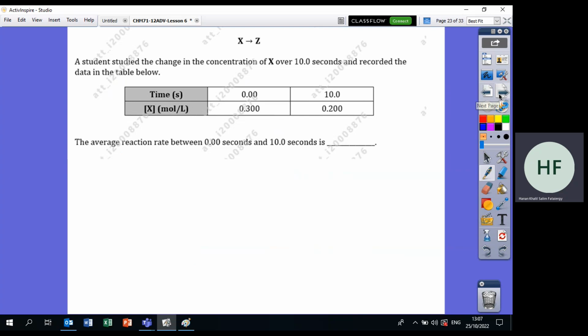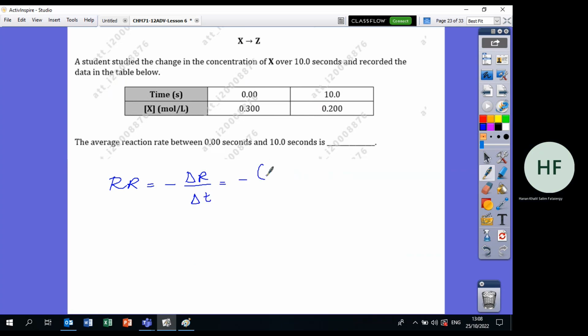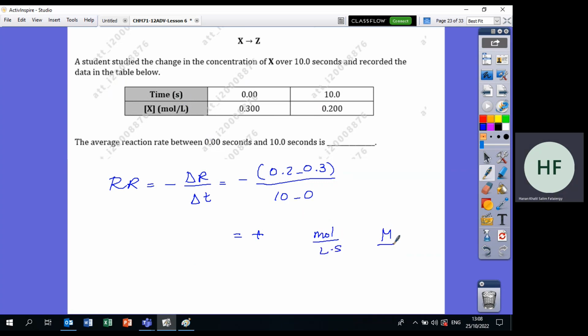Okay, now let's do this question. This question is also from last year exam. You need to calculate the average reaction rate between 0 and 10. Can you tell me if X is a reactant? Yes, because here is a reactant and here it is decreasing. So you will use the rate formula, and now it will be positive and the unit will be moles per liter times second or molarity per